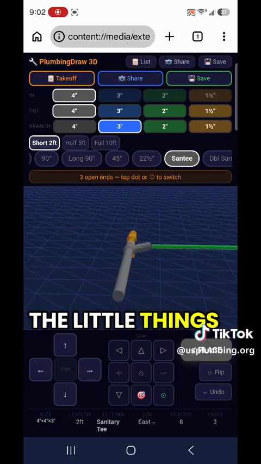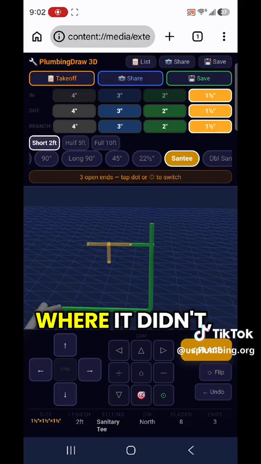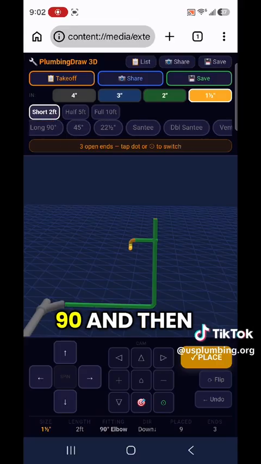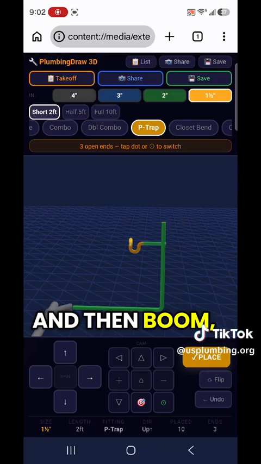One of the little things I need to fix, as you see, is that it kept it 2 inch, but now we know that Santee's inch and a half, and then it reduces it. So you can see I'll put up a 90, and then my P trap,